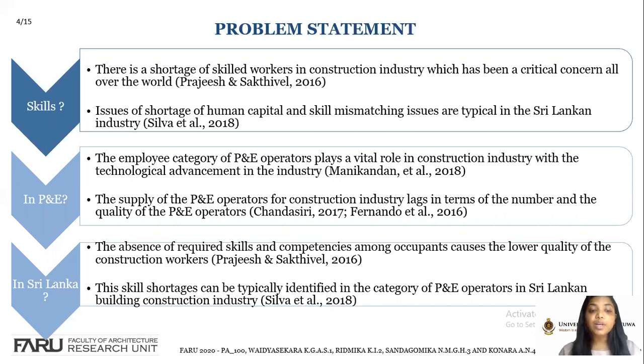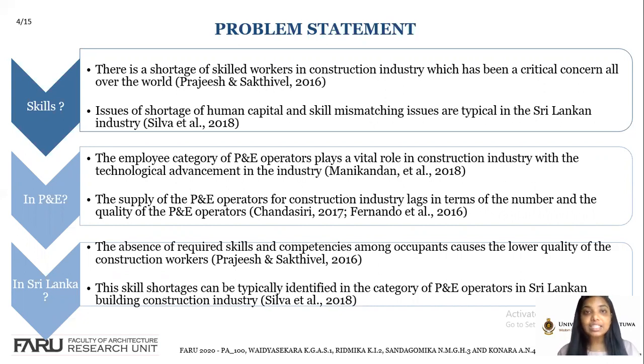Why was that? The employee category of plant and equipment operators plays a vital role in the construction industry with technological advancements. Moreover, the supply of these operators for the construction industry is also lagging in terms of number and quality. Referring to the Sri Lankan context, it is obvious that the absence of required skills and competencies among occupants is causing lower quality of construction workers. These skill shortages can be typically identified in the category of plant and equipment operators in the Sri Lankan building construction